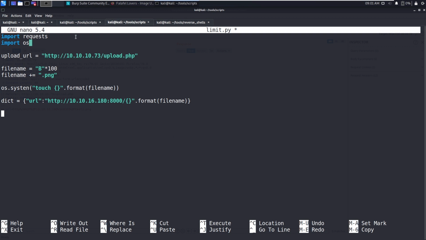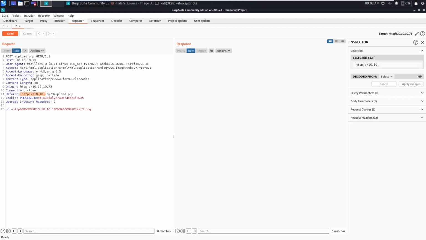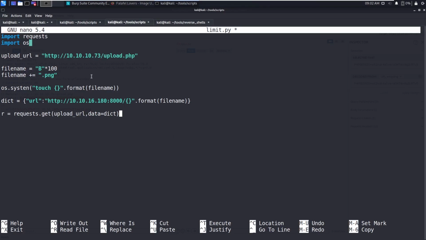So that's our data. Now r equals requests.post of upload URL, and we need to post data. Data equals dict. Okay, that should do it. You should send a request. Maybe we should send the cookie as well, otherwise it doesn't recognize us. So copy this cookie.